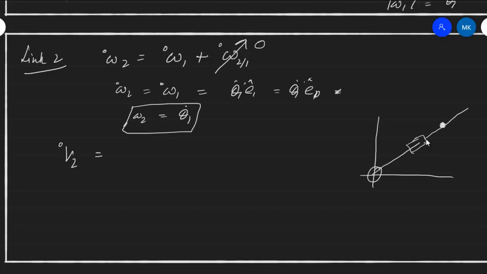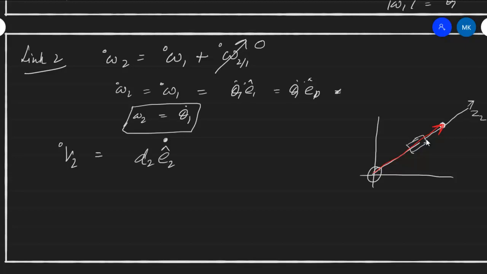Now obviously the velocity of this, both linear and angular velocity we have found, but for linear velocity we can say that this is nothing but the rate of change of this position vector, which I can maybe show by red mark. So it's the time rate of change of the position vector of the mass center. Now we can represent it, because this is towards z2, because z2 is towards this side, as d2 e2 would be the position vector, but the time rate of change will be something like this.